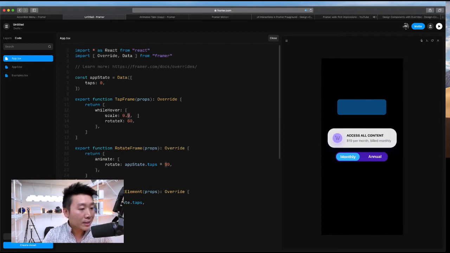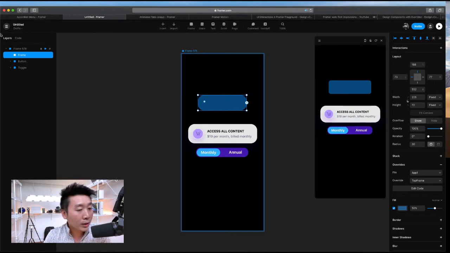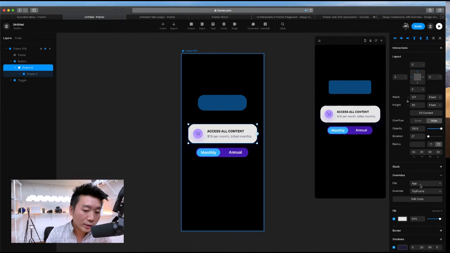I can set the scale to, let's say, 2 times, and it's going to refresh, and you can see that it's scaling by 2 times. And I'm just setting up the tap frame, which if you go back to the layers, I can just go to the element, go to override, and this is where I'm browsing for what file I want to connect this element to, and then from that file to select whatever function I want to apply the animation,